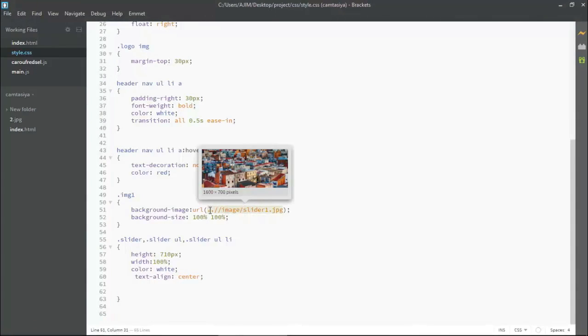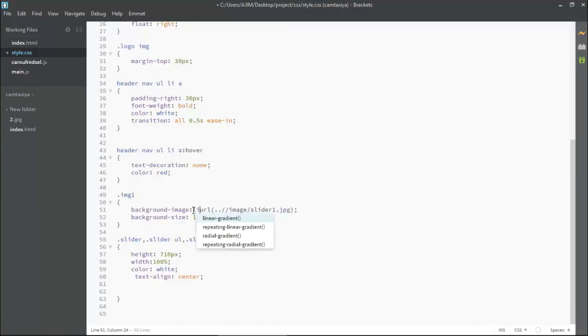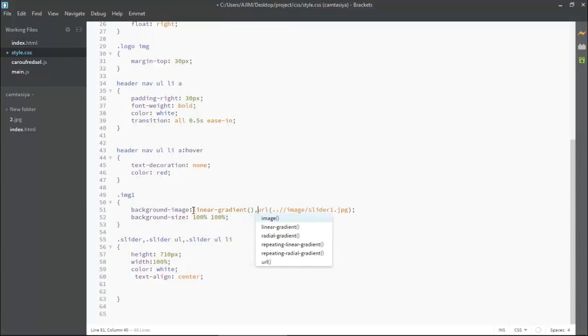Now I am coming here and putting linear-gradient, okay, and this will contain some values. I'm mentioning RGBA, which stands for red, green, blue, alpha. Inside this I am putting the values. You can keep on changing the values to get the perfect result.